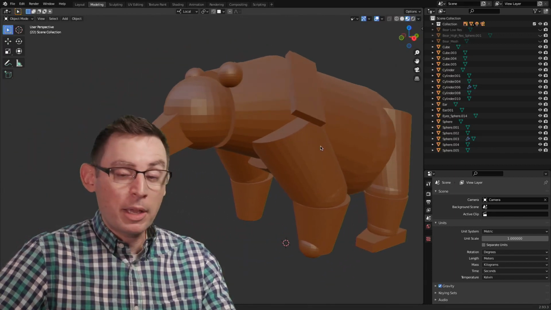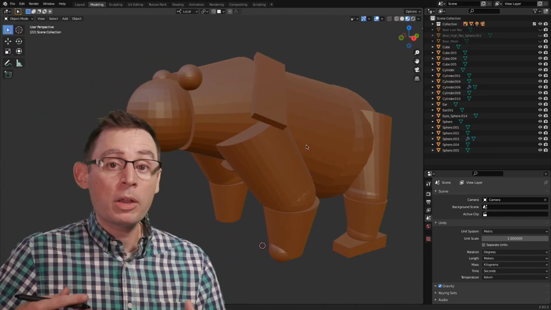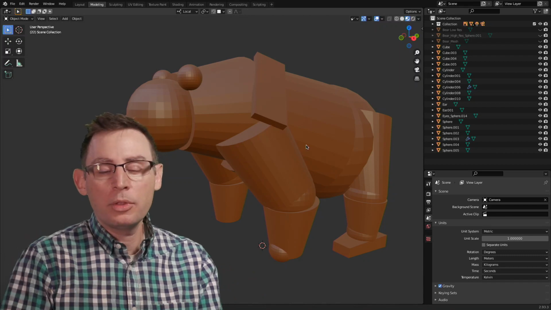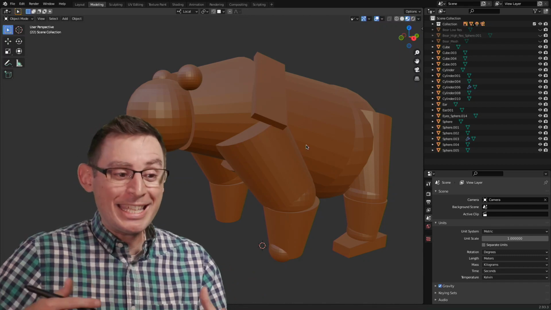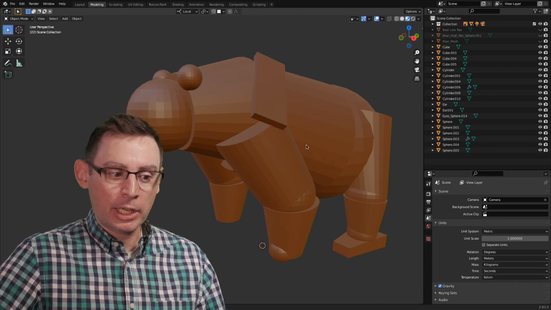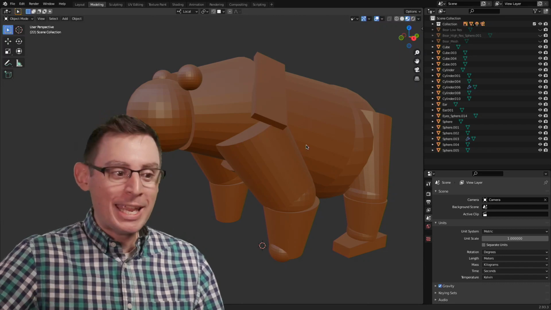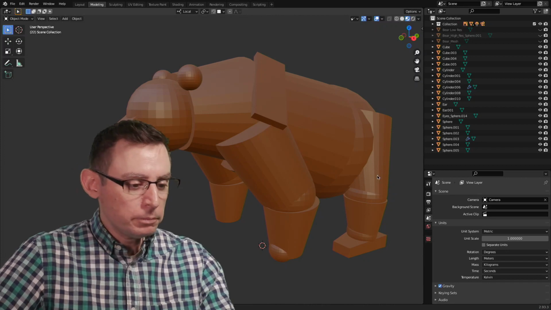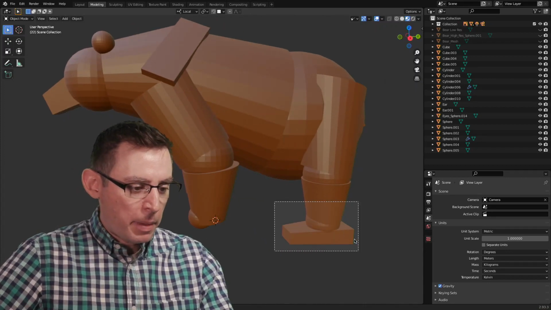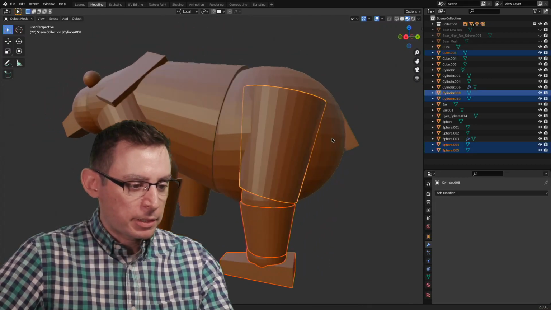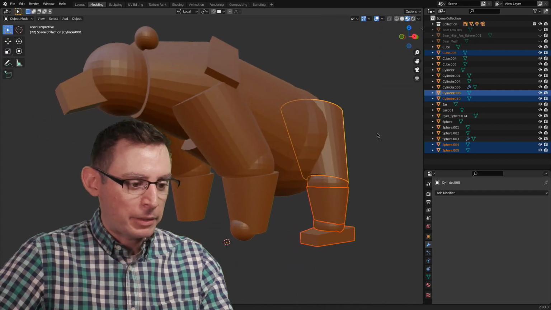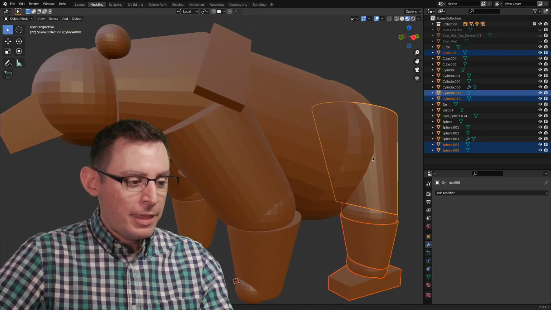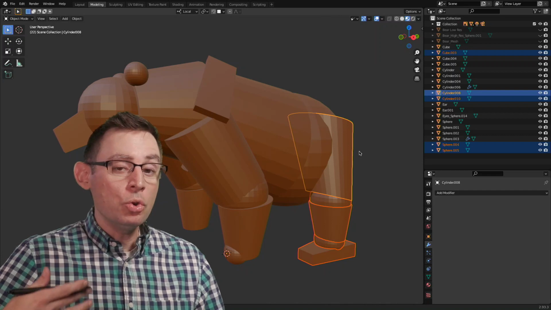So I want to show you how to make collections, and collections are a great way to group objects inside of the scene itself, and it's pretty easy to create a collection and then to move objects inside of that collection in the outliner and in the 3D view. All right, so let's do this. I have my back leg already established here. I want to select all of the pieces on the back leg. Yep, looking pretty good. And then I'm going to create a new collection.